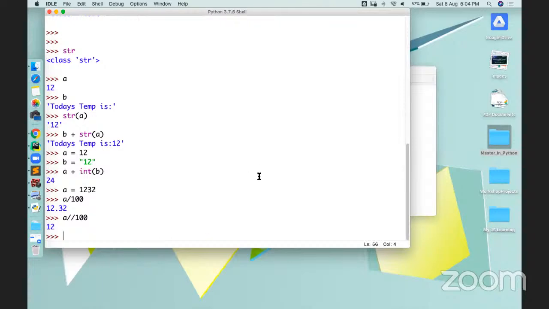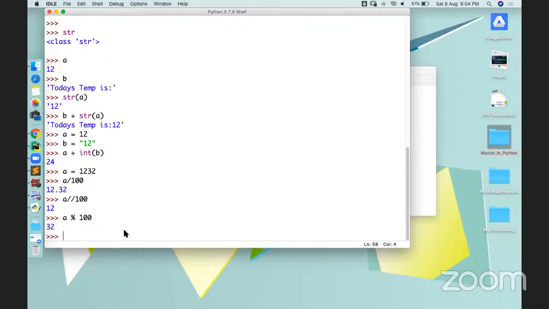Okay, A divided by 100, right? That's correct. So you can use this, A divided by 100. So it's the correct answer. Okay, fine. Now,